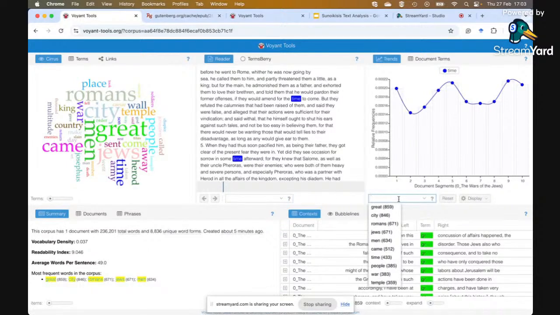You can, for example, type here. For example, I was interested in when Josephus uses the word wicked, and when he uses the word righteousness. What's this kind of moral discourse, basically? So what you could do, for example, here is